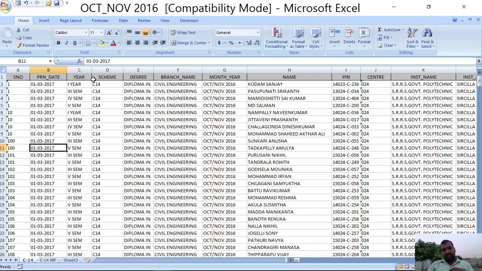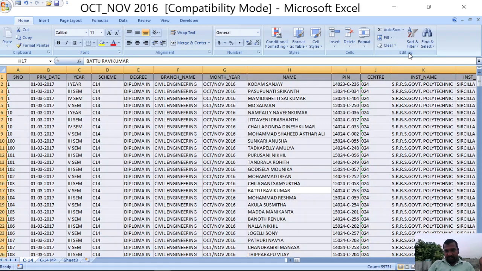So this data contains October November 2016 results of our institution. Okay. So center code 024 represents our institution.